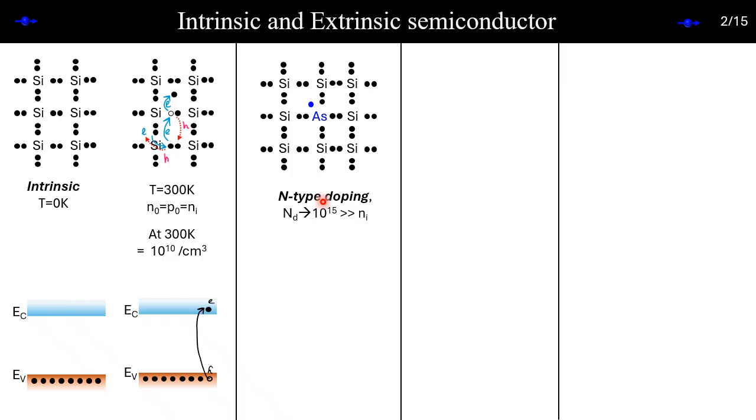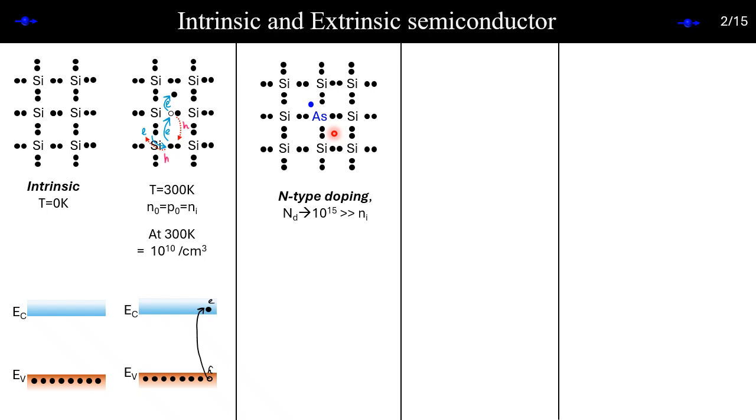Now, we have this arsenic, and at 0 Kelvin it is frozen. But this electron seems to be free, right? Kind of loosely bound. Can I say this electron is loosely bound? We would need to provide enough thermal energy to break it, but it is very loosely bound, because it is not participating in any bond. That means with a minimum of thermal energy it should be free.